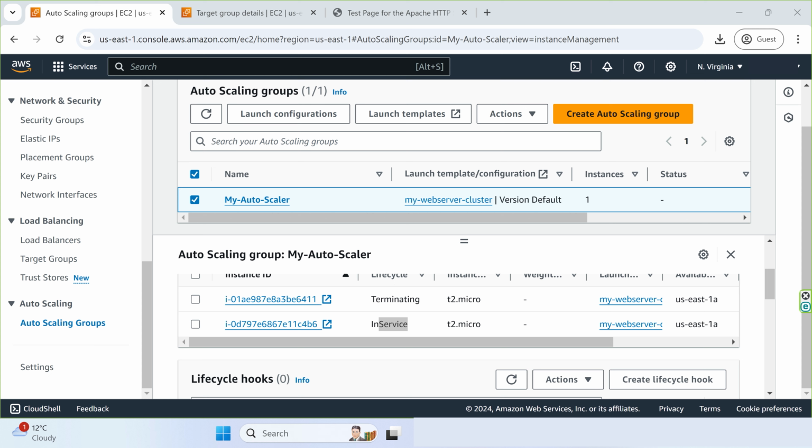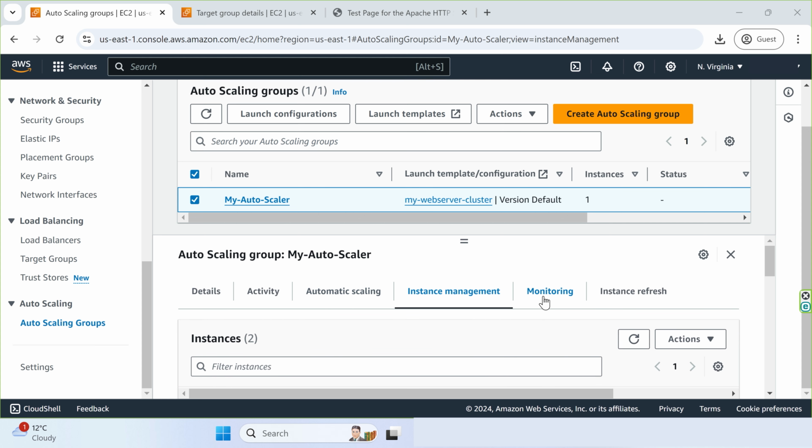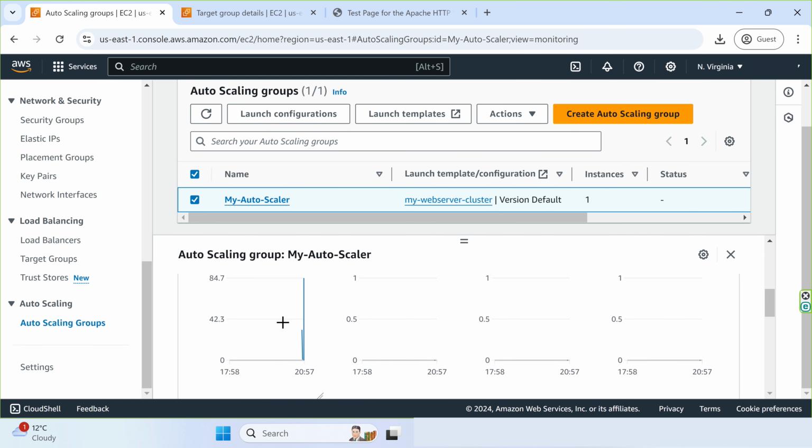All right, so what we're going to do next is to test out the stressing of our web server. Before we proceed, let's first go under the auto scaling group, select the auto scaling, and then select monitoring just to see the CPU utilization. As you can see here now, there's CPU usage going on. We're going to intentionally spike this CPU and see how our autoscaler will instantly scale up with another instance